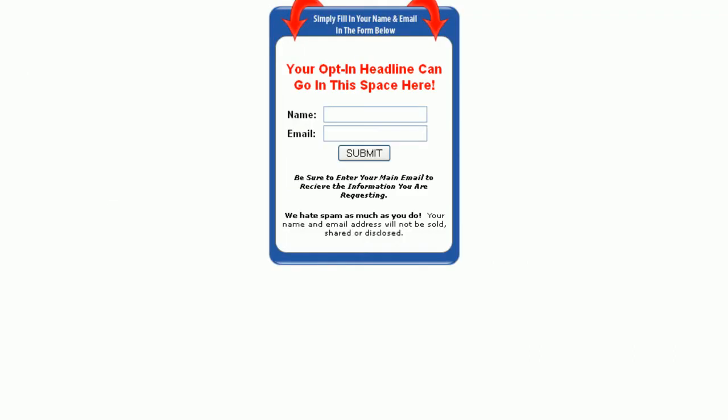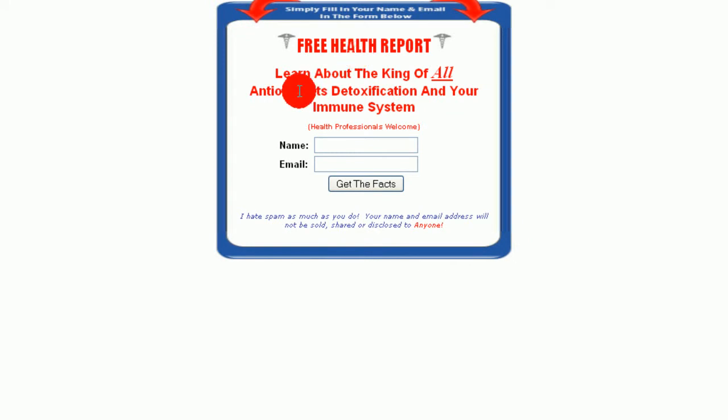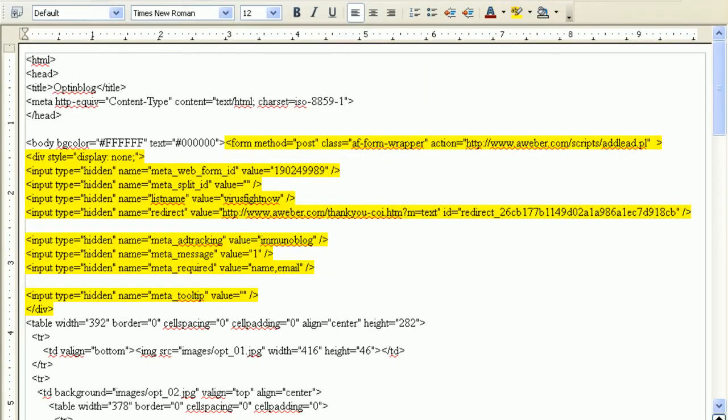So, this opt-in box that I got, I put it in Photoshop, and this is the end product of what I got. It's on my blog at terryconti.com. Then when a person leaves their name, email address, and clicks on Get the Facts, aweber will send them my email sequence. So this is the HTML code for this box, and I inserted the